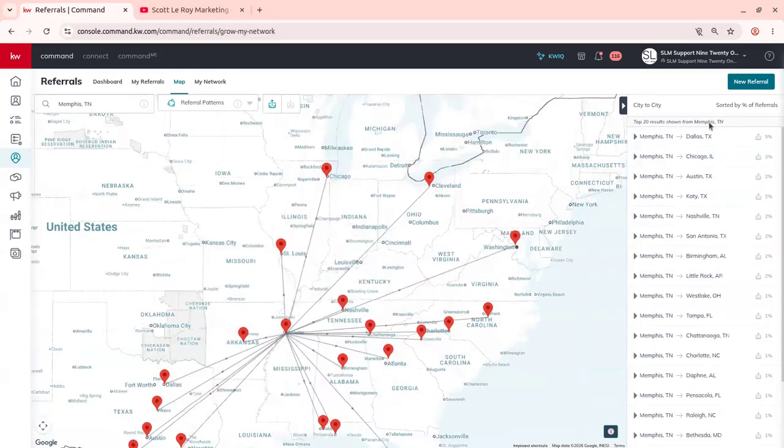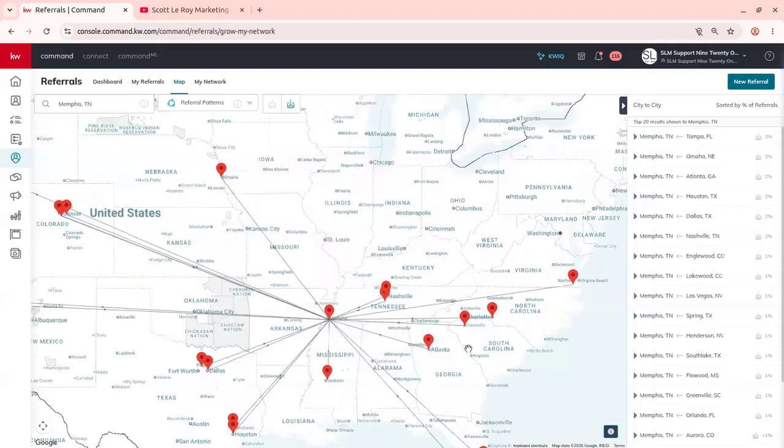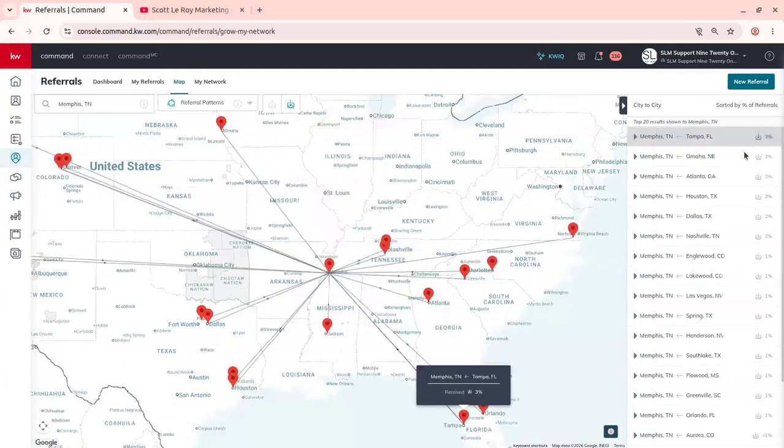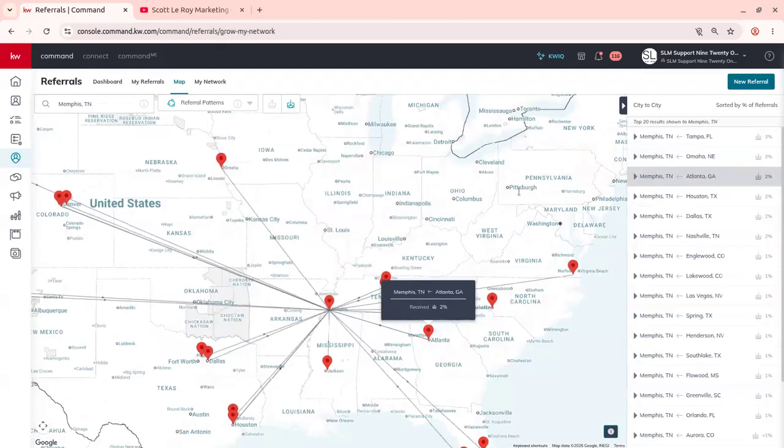This was a pretty good option because the top one is to Dallas here, but we can also switch. Again, this is just sent referrals. We can switch over to received referrals, which is going to show the opposite. So when people are moving to Memphis via referral through Command, they're moving maybe from Tampa or Omaha or Atlanta, Houston, Dallas. So that's just going to give you some good ideas of where you might want to start looking